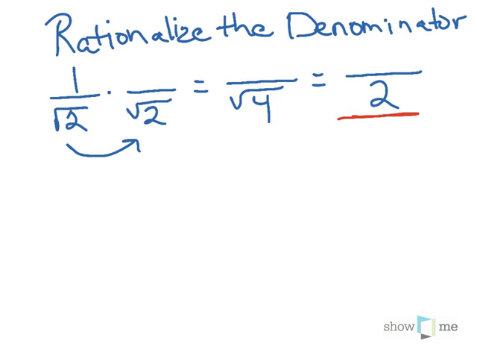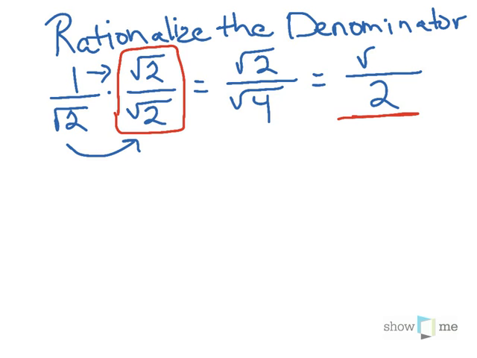Of course, with fractions, we do the same thing on the top that we did on the bottom. This is just another form of 1. It's the same thing on the top and the bottom, so you're not changing the value of the fraction you started with, you're just changing its form by multiplying it times 1. So on the top now we have 1 times the square root of 2, giving us the square root of